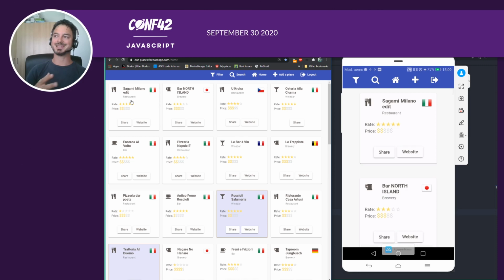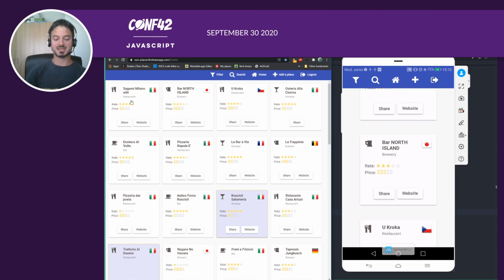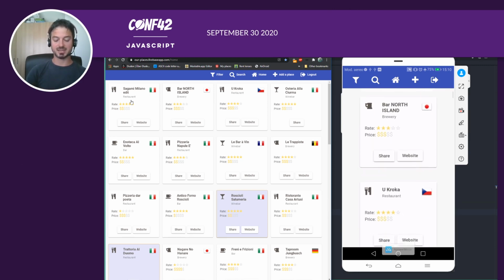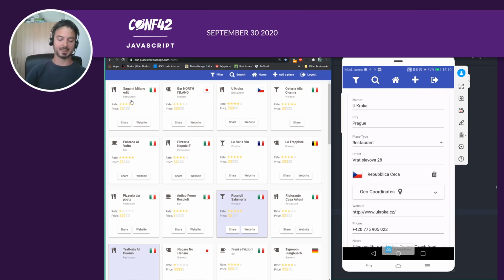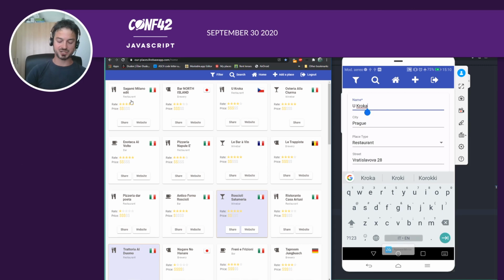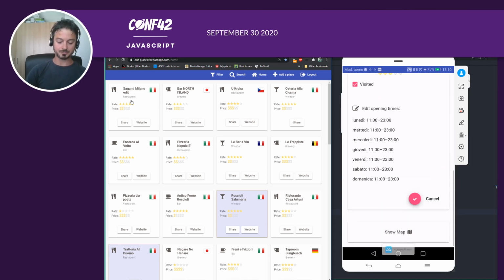So not only can I see all the content, because I store these documents locally, and this is a progressive web app, so all the assets, icons and so on, are available. But I can also open a completely new entry in restaurant, and for example, let's write it offline, save it